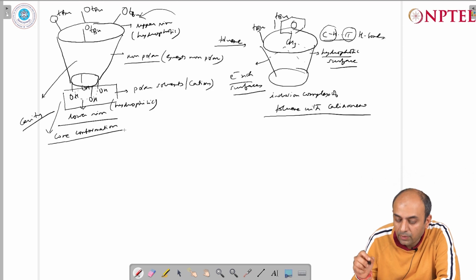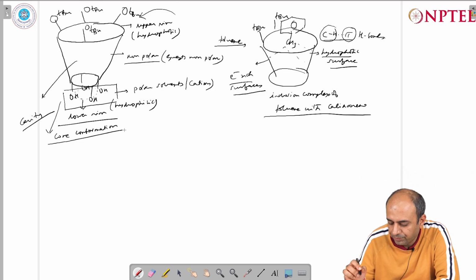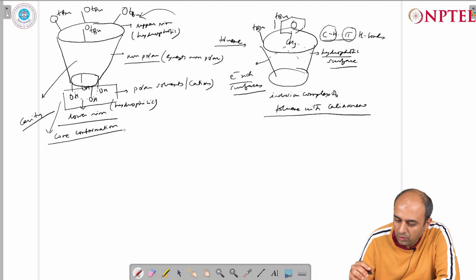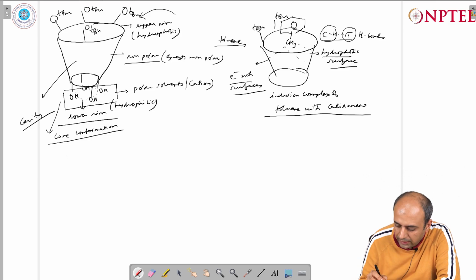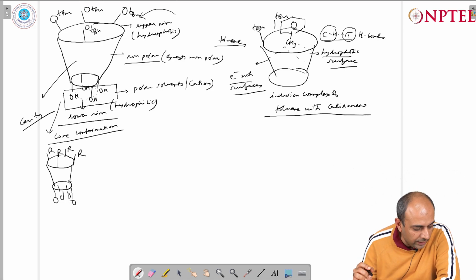It is called a cone conformation because in this conformation all the polar groups are on one side and the non-polar groups are on the other side. So, all the polar oxygens are on one side and the non-polar R groups are on the other side, and